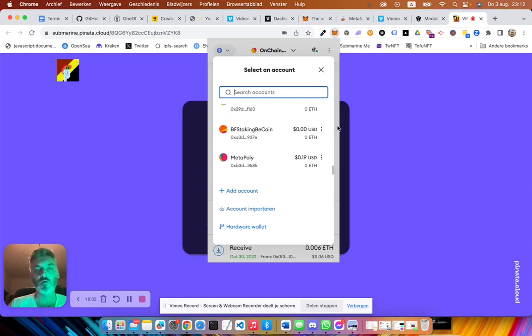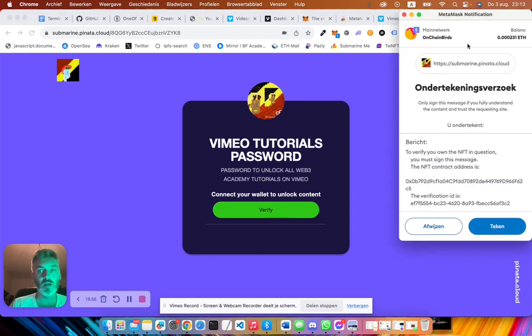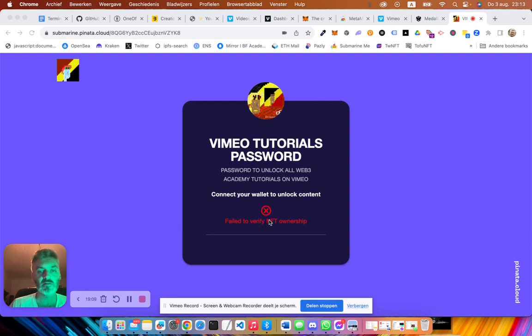But I connected to one of my accounts that does not have a Belgian NFT, and I'm going to show you what's going to happen if I click on here, and that I'm not getting access. Remember, we installed the MetaMask extension. Now we're on an Ethereum-based application on Web3. If we want to enter this application, what's going to happen? Our MetaMask wallet is popping up automatically. And here it says sign, we have to sign as a request to enter. So we sign and we're not getting access.